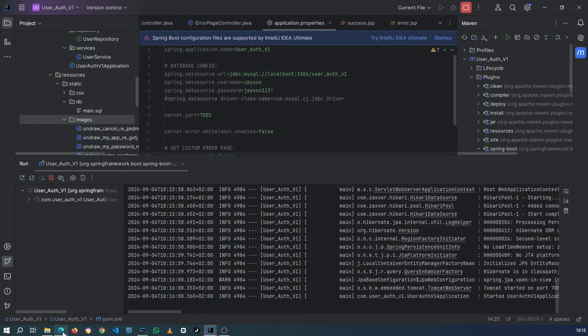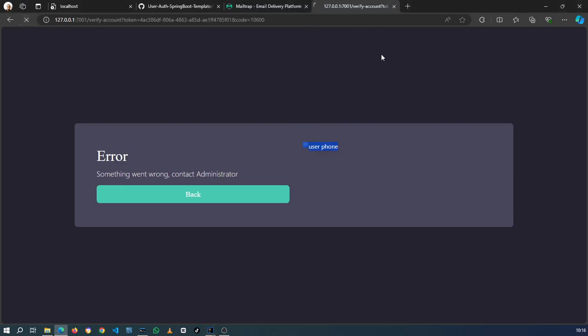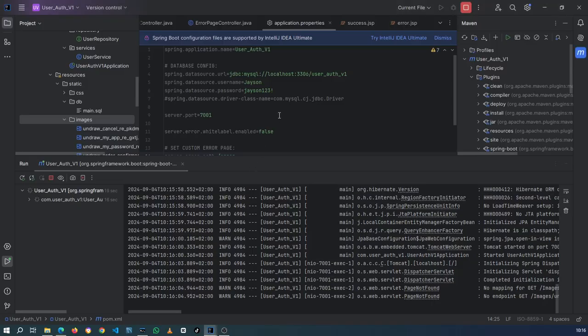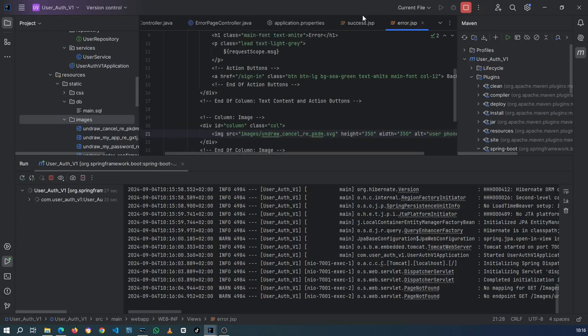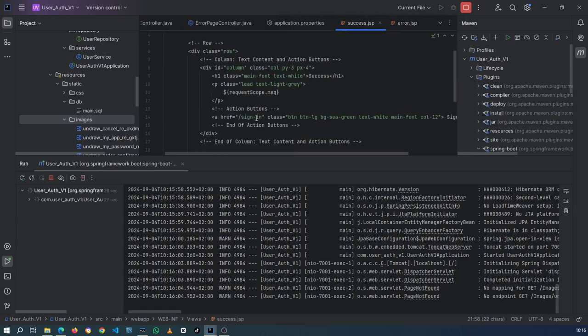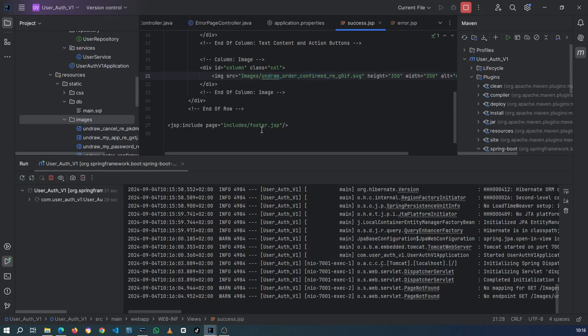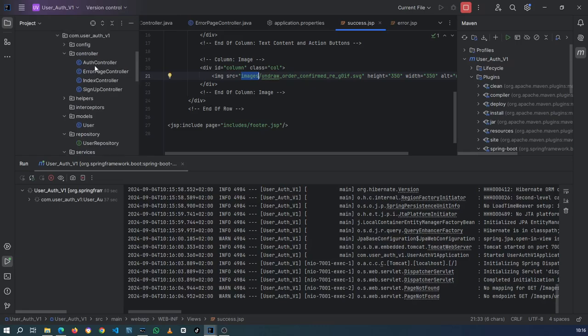Okay, our server is up and running. I'm gonna refresh. It's still not showing. Oh, my apologies, I need to change this to images, same as here. Spring is a bit finicky when it comes to this, so just remember, in our config file